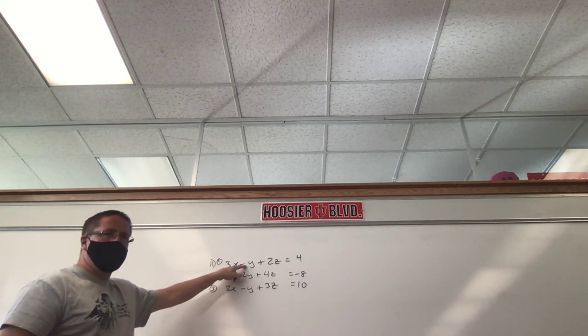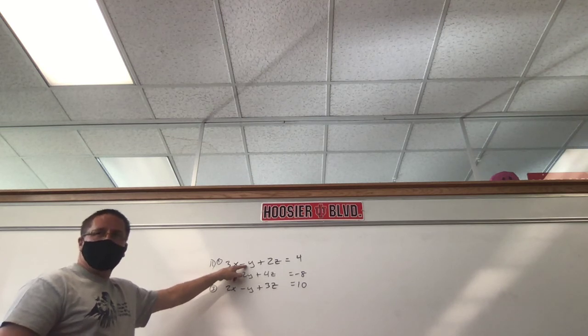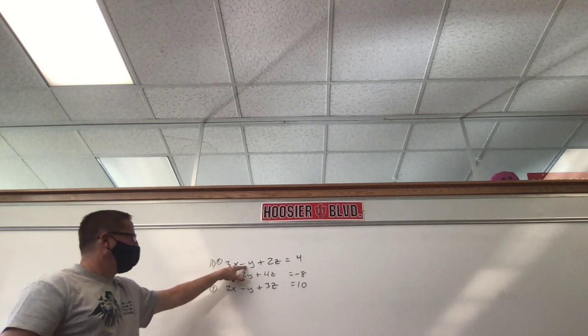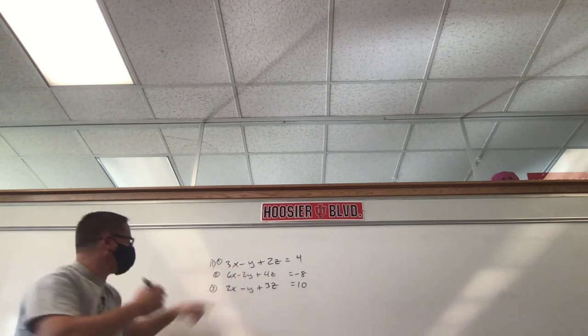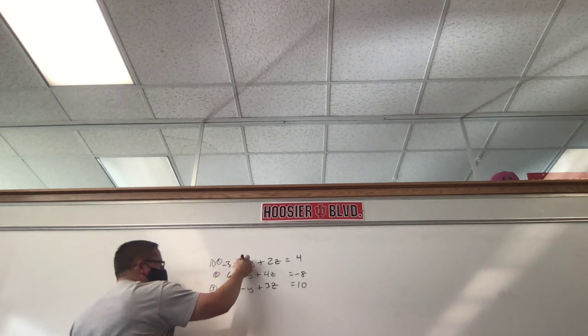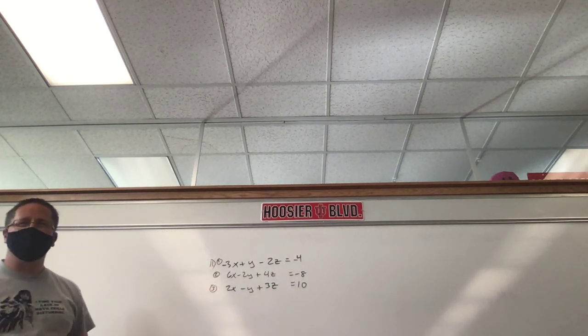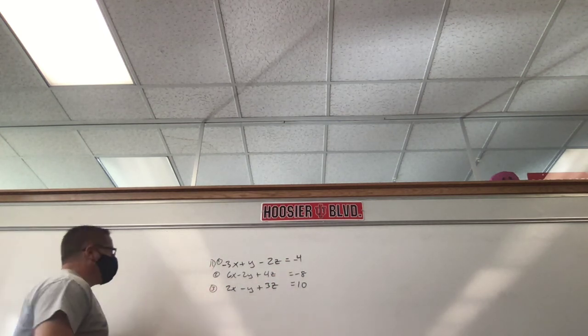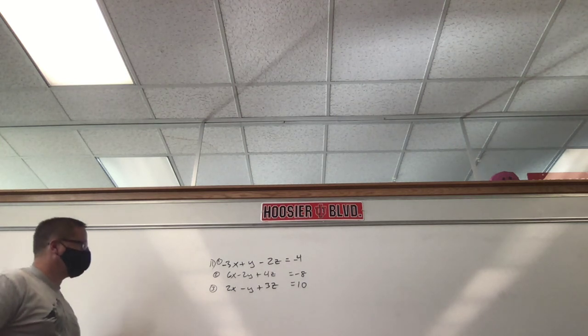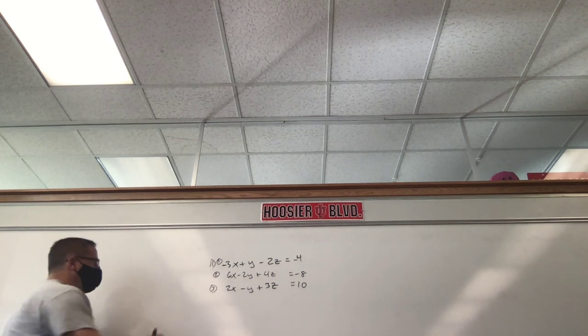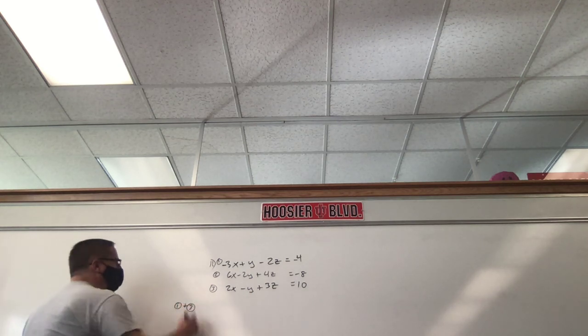So here's what I'm going to do. How do you make a negative 1 turn into a positive 1? We're going to times everything by negative 1, which means we're going to take everything and make it the opposite. I like opposite better than negative. So I'm just going to do this: negative, positive, negative, negative. Rather than write the whole equation again, just change the signs. Now what are we going to do? 1 and 2, 2 and 3, or 1 and 3? 1 and 3. 1 plus 3. If we do that,